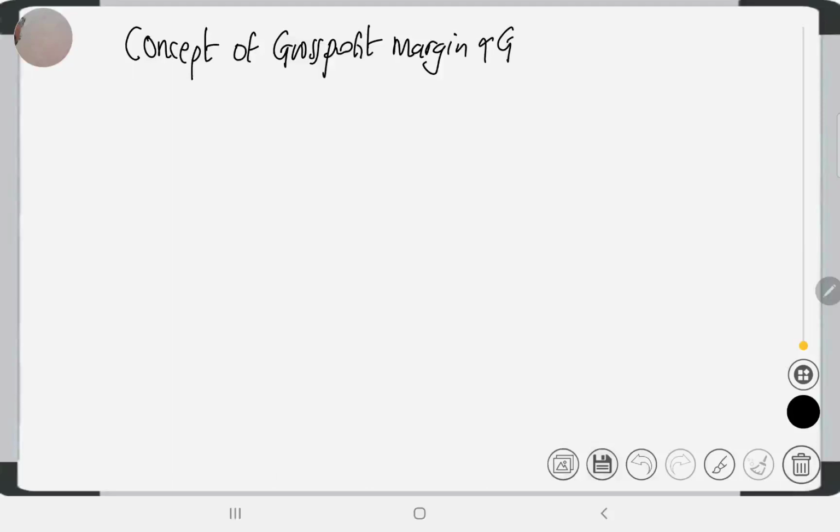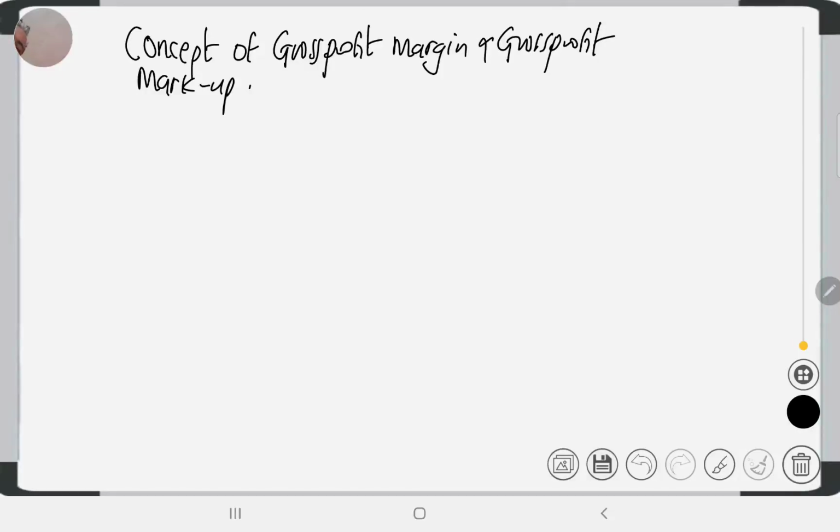Yes, today we are going to see the concept of gross profit margin and gross profit markup. Now, before we go to see the concept of gross profit margin and gross profit markup, we are going to